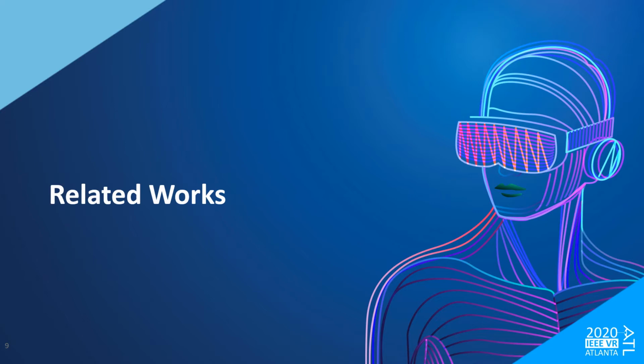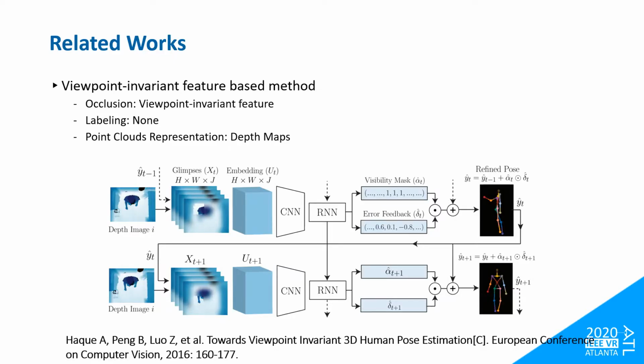Now I will give an introduction of 3 related works of our methods. The first one is a viewpoint invariant feature-based method. It presents a heat map-like 2D glimpse from a depth image and uses a recurrent network to predict the 3D pose in an iterative manner. This work treats the points in 3D space as depth maps and uses a viewpoint invariant feature to solve the occlusion problem. However, the performance of the generative 3D human pose method is largely affected by the accuracy of 2D